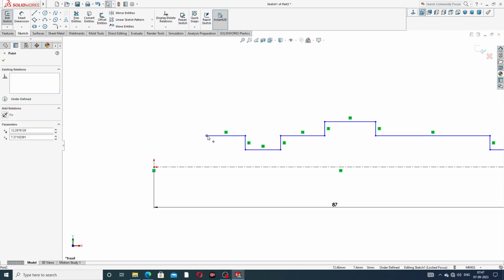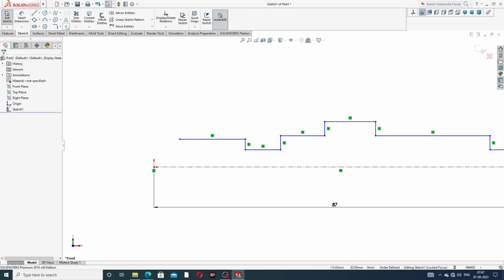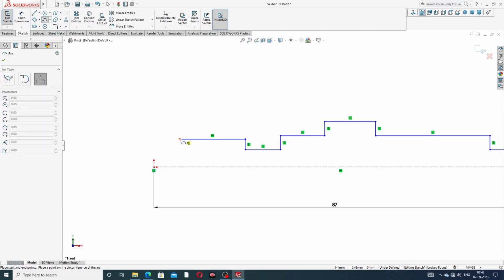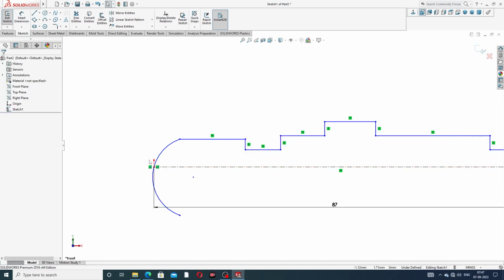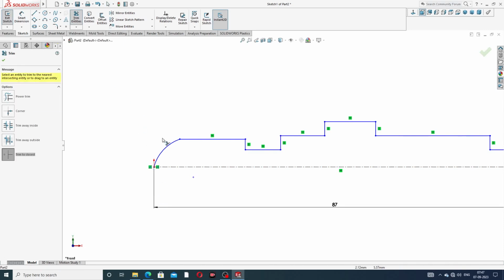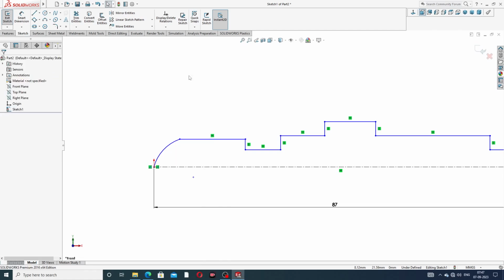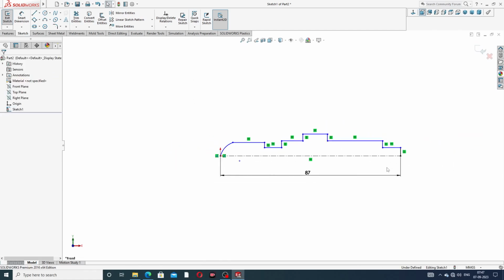Okay, this length is also this drawing here, and connect to 3-point arc, connect to this point, this to connect to this. Okay, and this, okay, and all